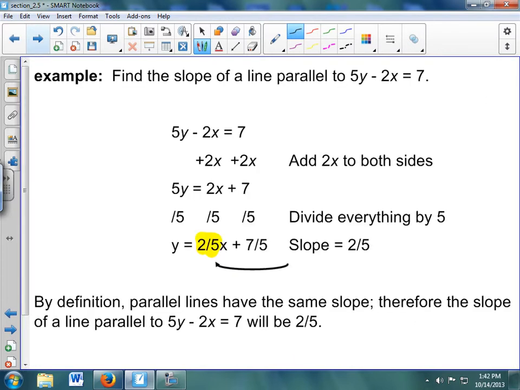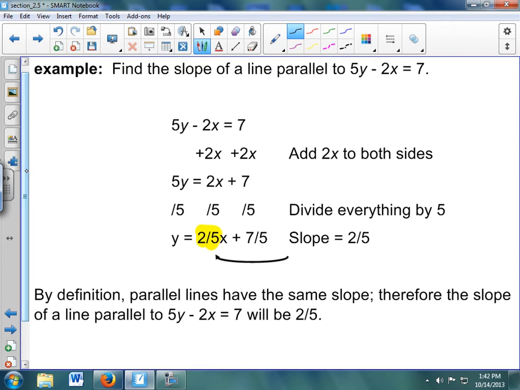Perfect. Okay. An example, a test question would be: find the slope of a line parallel to 5y minus 2x equals 7. Okay, I worked the first one out for you. First, you take the original equation and you solve for y. So basically, I took this equation, I added 2x, divided by 5, and this is,